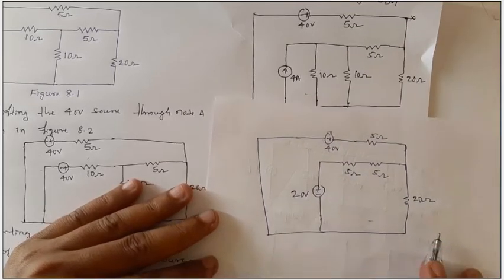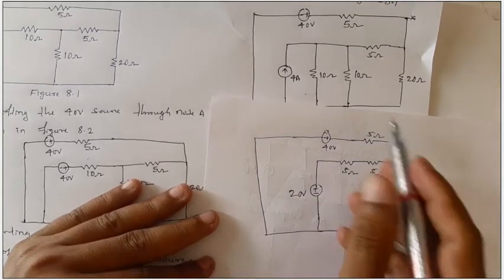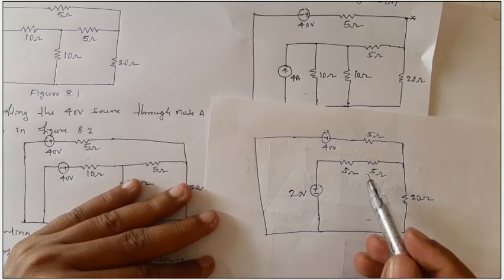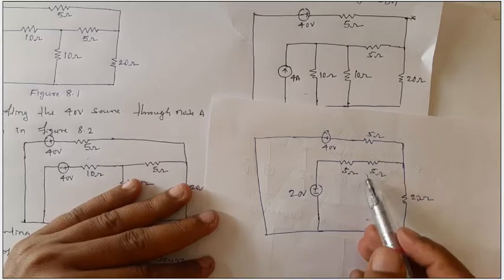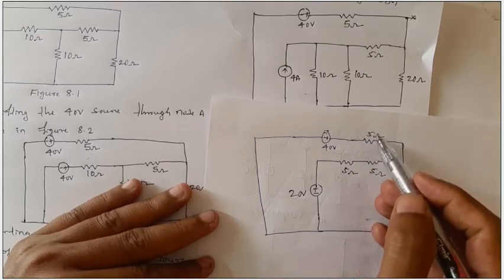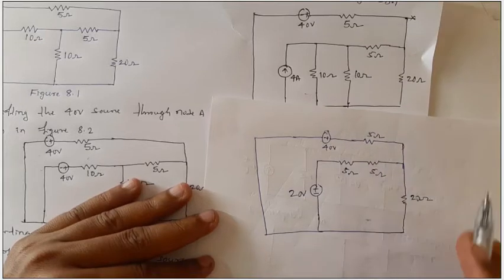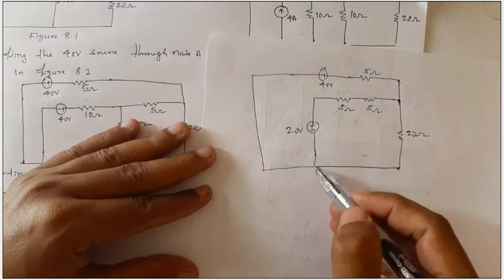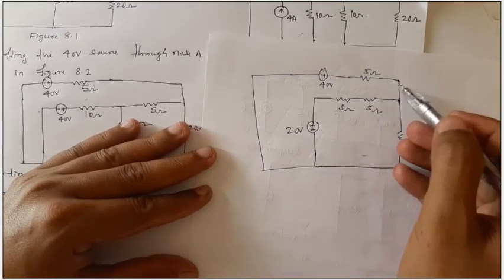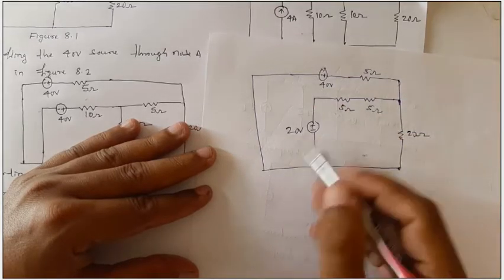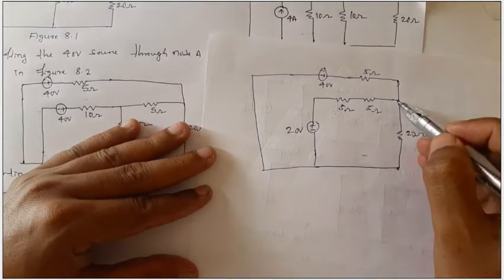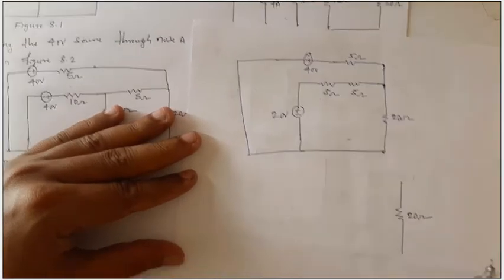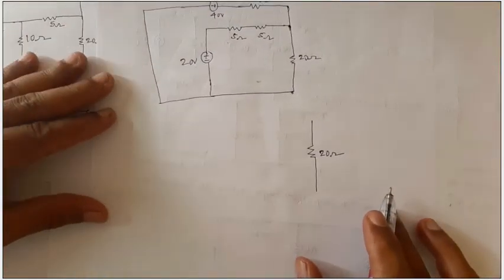Now this is the network, but this network can be easily reduced, dear students, as we have a 10 ohm resistor here, the combination is 10 ohm, and this is a 5 ohm resistor. Both the voltage sources we can convert to current sources. Between these two terminals we have one voltage source in series with a 10 ohm resistor, and another voltage source in series with a 5 ohm resistor. After conversion, all the current sources will be in parallel with this 20 ohm resistor. So let us see now.